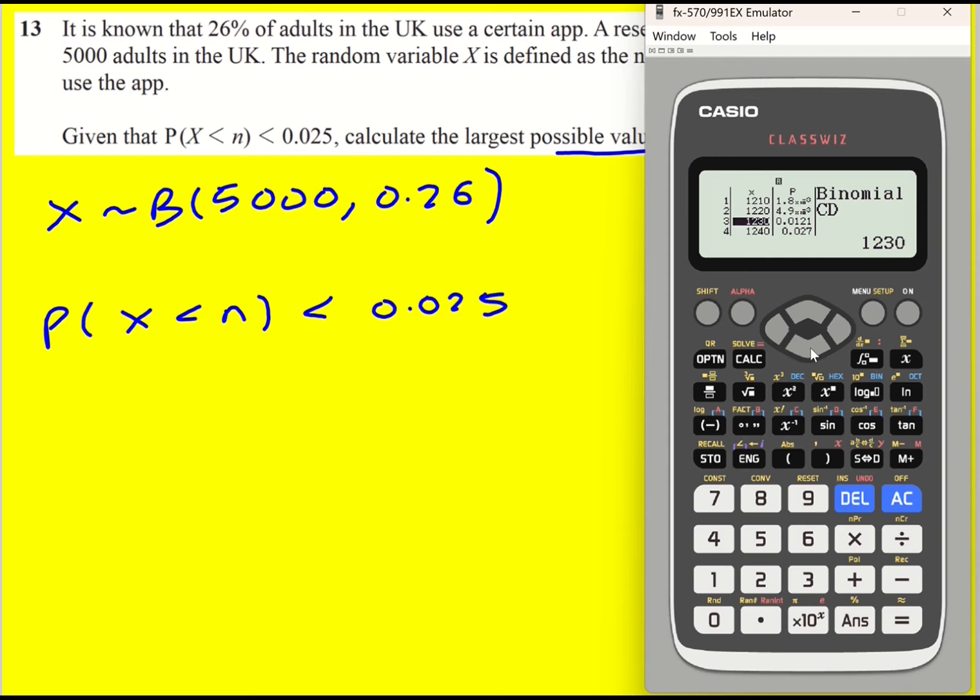Right, now we're getting somewhere. Because look, this is 0.027. We've gone just over it. So it's going to be less than that. It's going to be more than 1,230. So let me go with